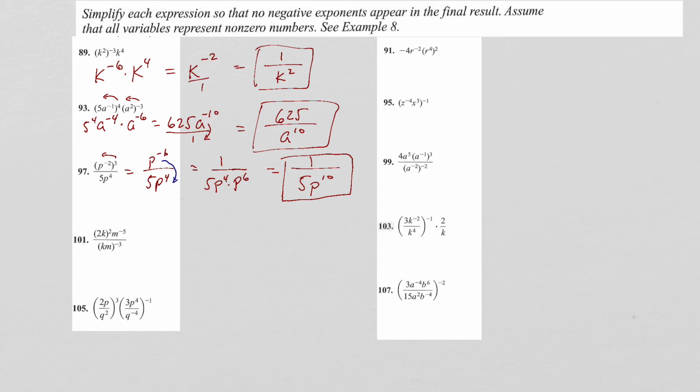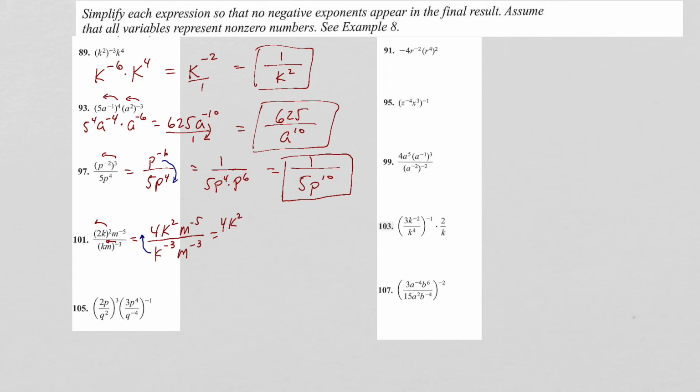Okay. Here we're going to bring this in, and we're going to get 2 to the 2nd, which is 4, k squared, m to the negative 5 over, and we'll bring this in, we'll have k to the negative 3, m to the negative 3. We're just bringing that in. All right, now, this is not allowed, so we bring that k up, and it's going to combine with this. So we're going to have up on top